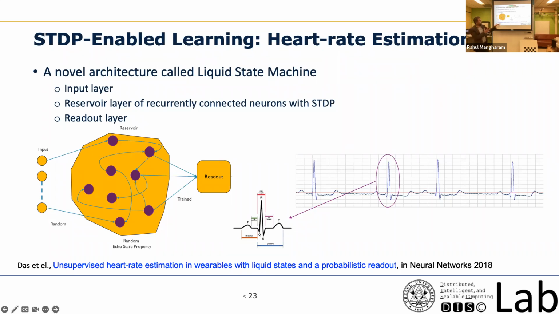So one of the very famous architectures is called the reservoir architecture or liquid state machine. A liquid state machine is an architecture where you have recurrently connected neurons over here, and then you apply an input. So basically you have an input that excites a reservoir, and then you collect the samples of response from these neurons and build a readout to do certain operations. For example, in this case, you can estimate the heart rate, or in some other cases, you can build certain other things from the readout. So this is an architecture that we have worked on in the past for the heart rate estimation problem.